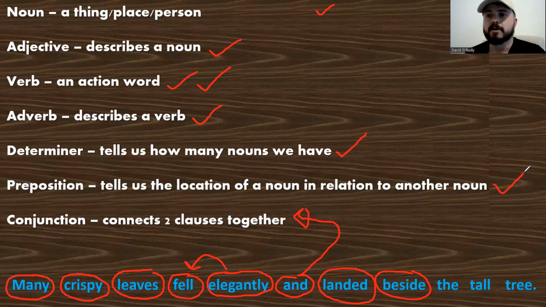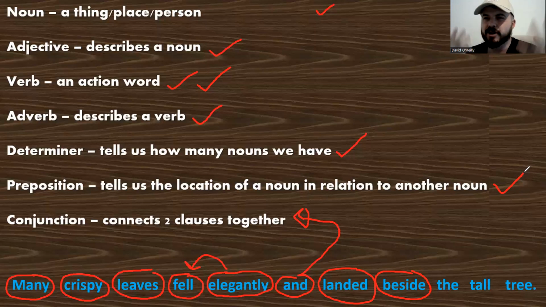When I think of prepositions, I like to find two objects, two nouns within the room that I'm in. For example, I can see in this room there is a bookcase or a bookshelf, and beside the bookshelf there is a table. Naturally, I've used the word beside because I've got two nouns and I've described where they are in relation to each other. The shelf is next to the table. The chair is underneath the table. The pencil is on top of the table.